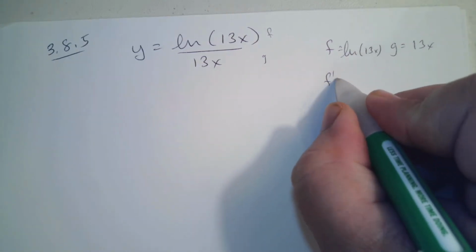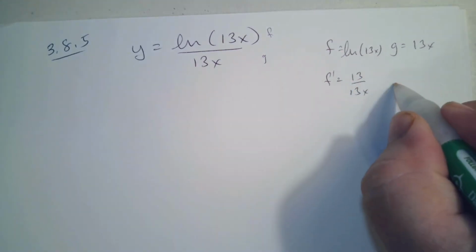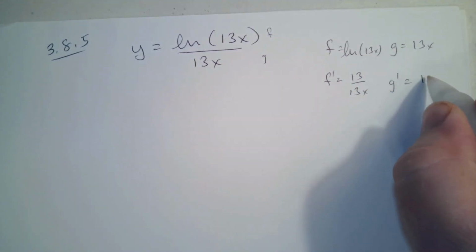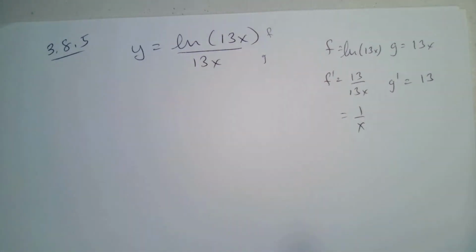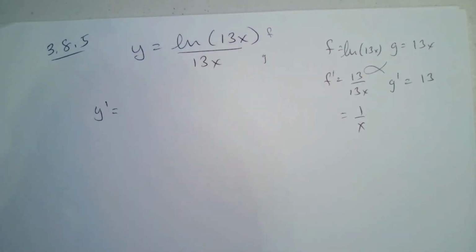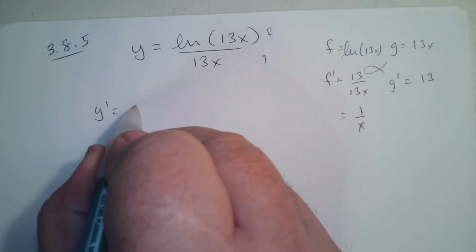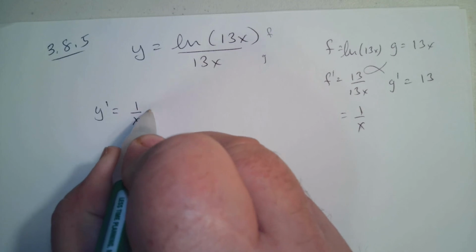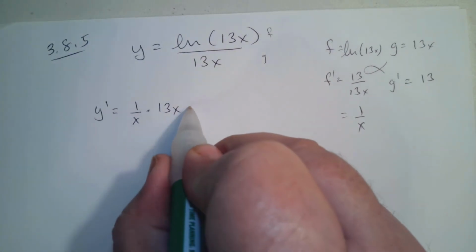So the first derivative is 13 over 13x. So this one is 1 over x. So the first derivative is 1 over x times 13x. Since it's division and subtraction,